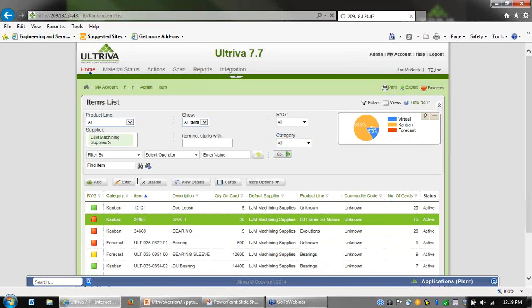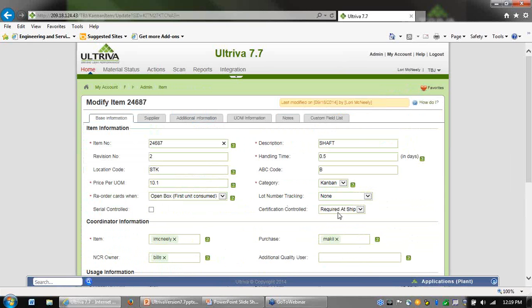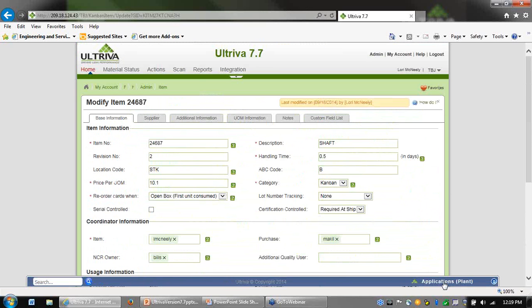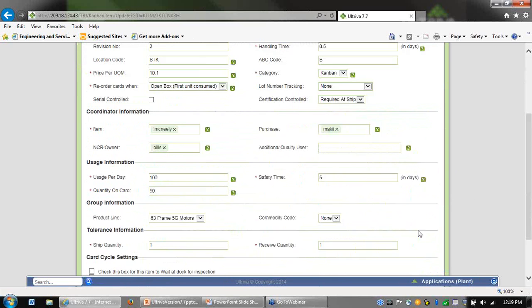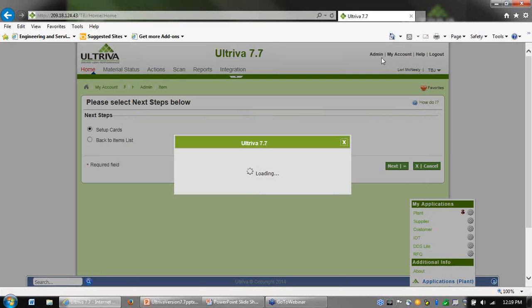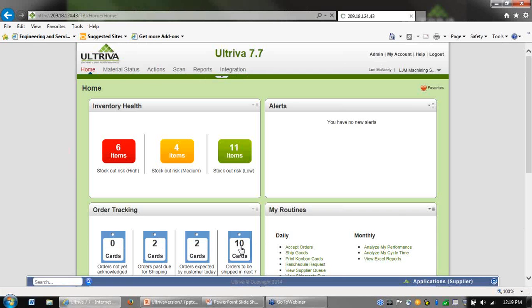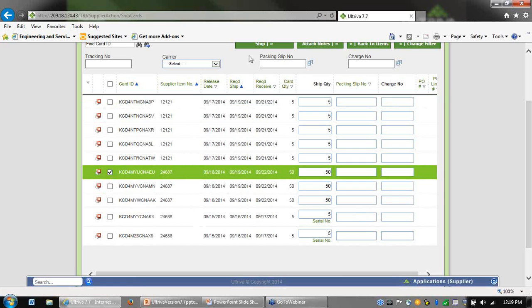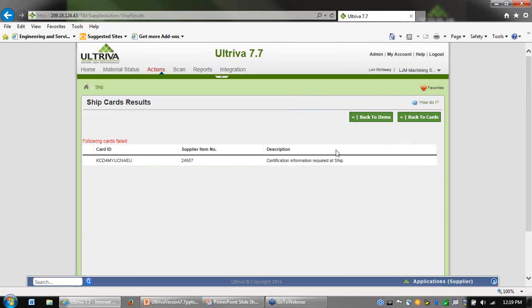So now let us go back to the demo. If you go into the item, you can see the certification control. This particular part we have already set up so that we can show it as a demo. So once you select this and then save this part, you can go back to the supplier. When the supplier does, as usual, action ship, you can select the part number, and if you don't attach anything and try to ship it, you can see that it will fail, stating that your certification information is required. So you can go back